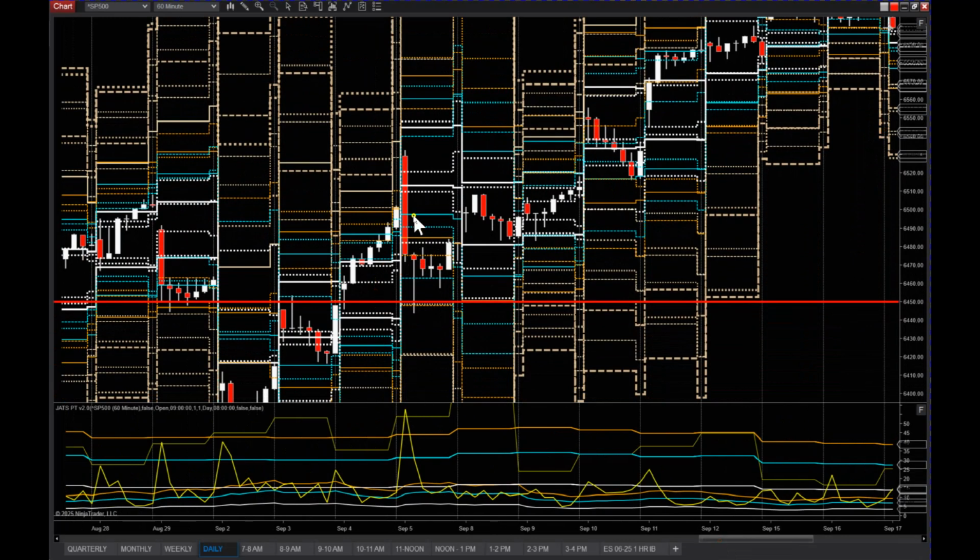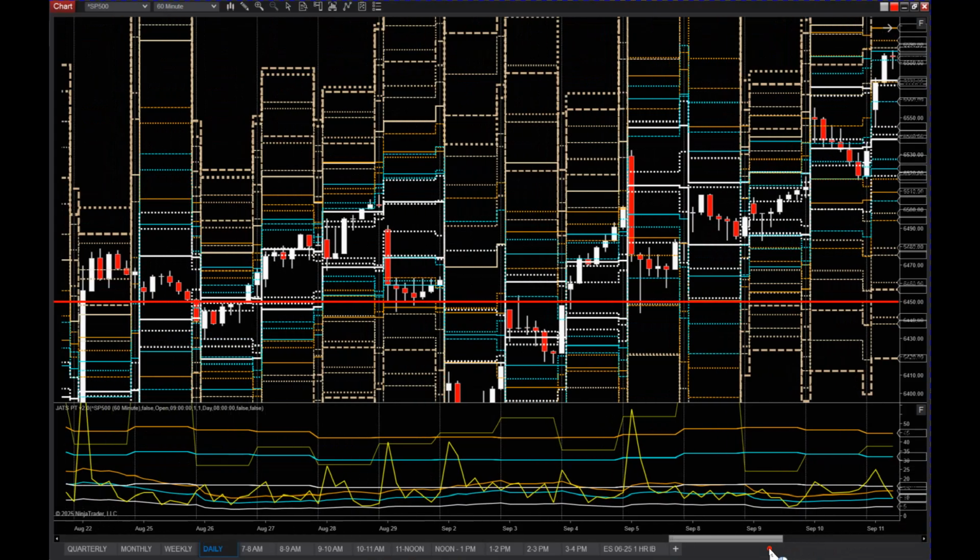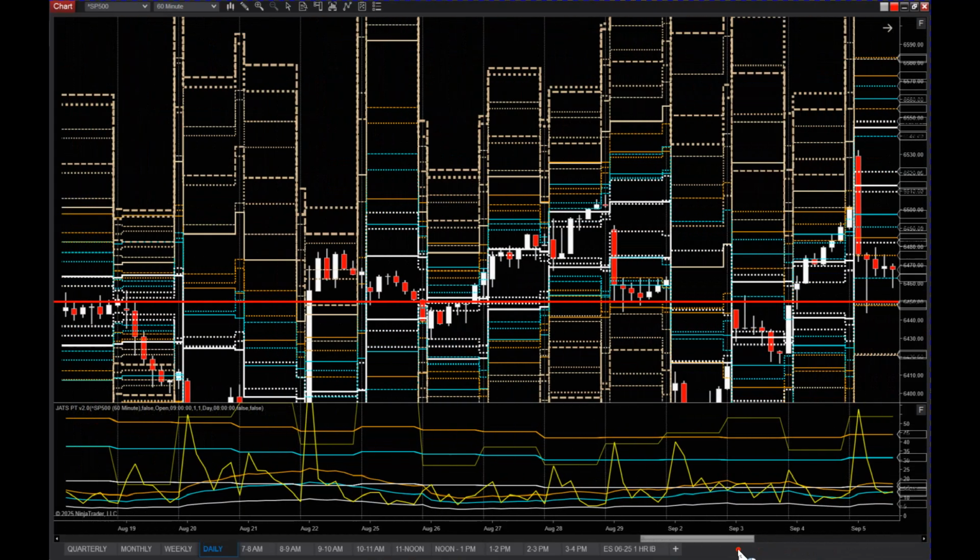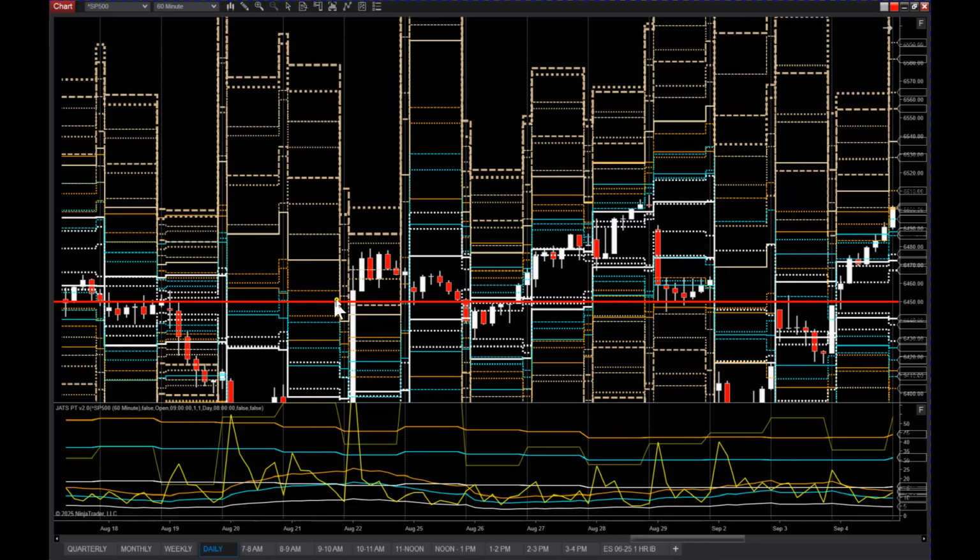Here was an upside expansion that came back in. Broke the 3 right there. Here was an expansion to the upside into the tails. So